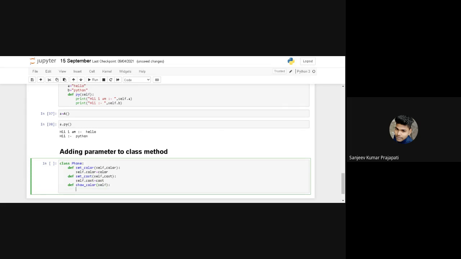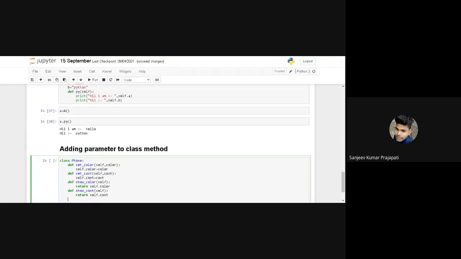It returns self dot color, and next is def show cost, with only one argument, and it returns self dot cost.